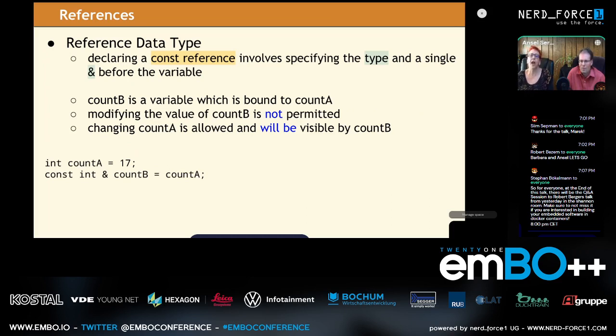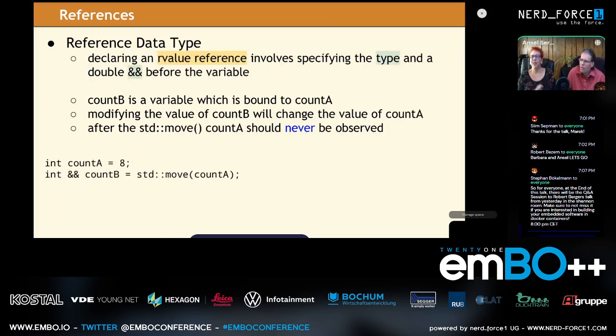Nothing's changed with countA, and if you change countA, this will actually be visible by countB. So this is a point that people often miss. The const on countB does not mean countB will not change. It just means countB cannot be used to change the value that's in countA.